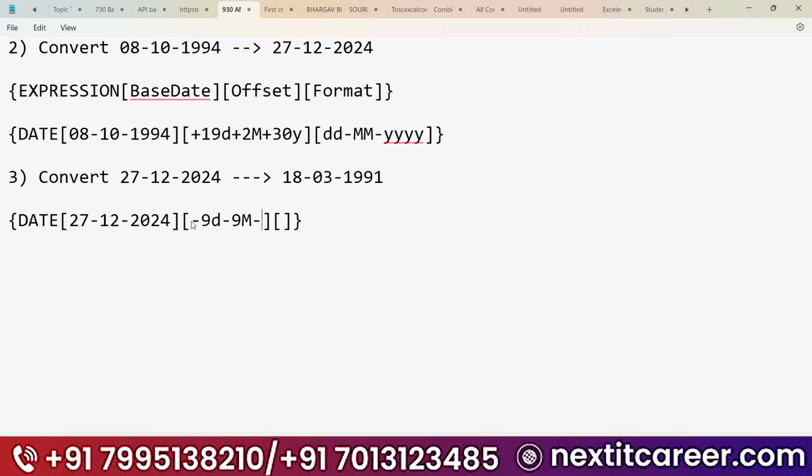Minus 33 by 33 capital Y. Small y. Very good. See guys, small d, capital M, small y. Very good. So you have reduced everything. Now, what I want to do,